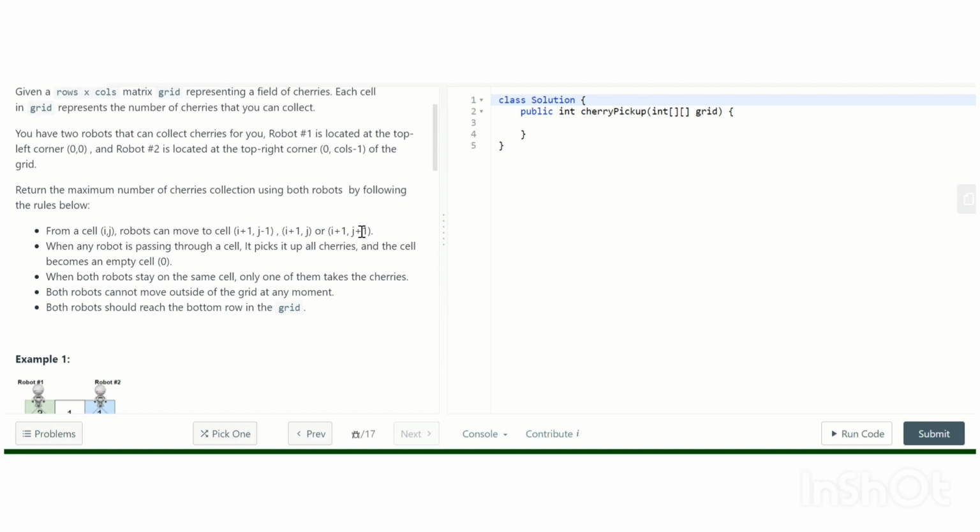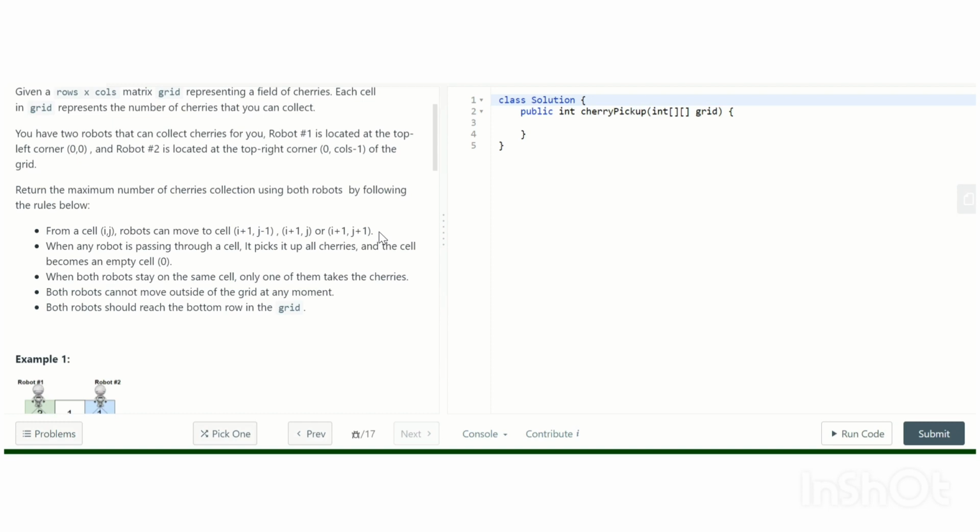So the robot can move from i comma j to i plus 1 j minus 1, i plus 1 j, or i plus 1 j plus 1. Each of the robots can move in three directions actually.